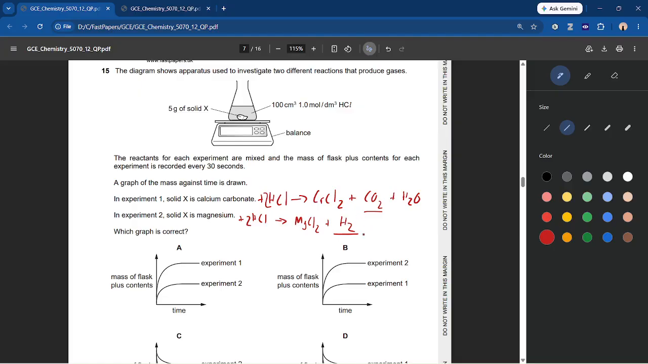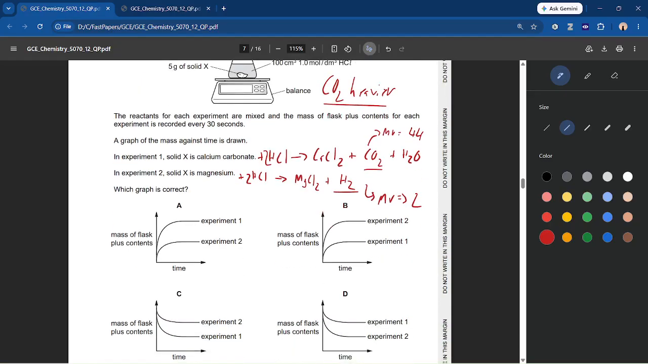So which one is heavier over here? Hydrogen has an MR of 2, and carbon dioxide has an MR of 12 plus 32, so 44. So CO2 is heavier. So when you're losing more CO2, your mass will decrease more. So the mass of experiment 1 is going to decrease more than the mass of experiment 2. So we're looking for that. Experiment 2 shows that less mass decreases compared to experiment 1. So our answer is going to be C,